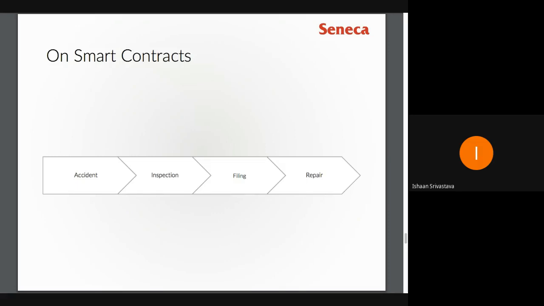We move on to the next stage, where the customer is directed to an authorized garage where someone will inspect the damage and post the details and repair estimates to the blockchain. Other garages will then confirm whether this person is saying the right thing or the wrong thing, and based on consensus, they'll agree that what they're saying is right. That claim will then go on to the filing stage, where it is automatically initiated. The cover is verified and the repair is approved or not, depending on what has been said. This really helps us with fraud detection,